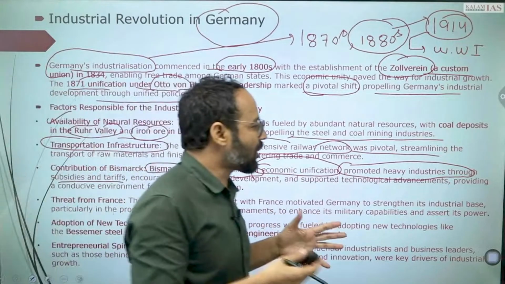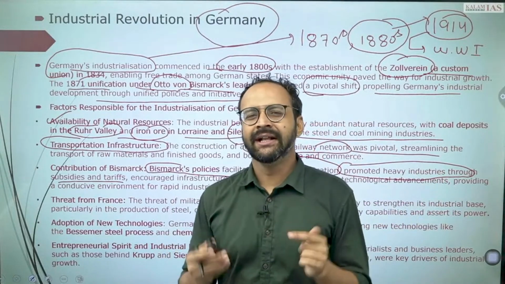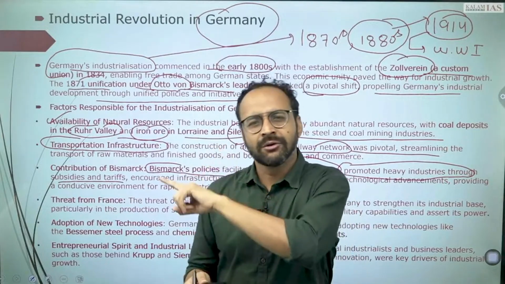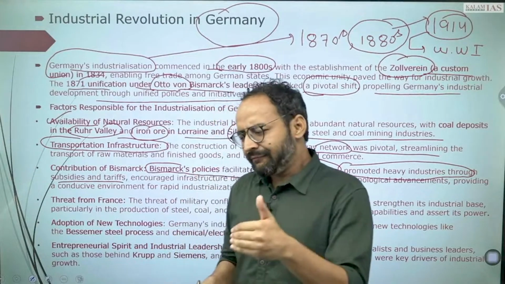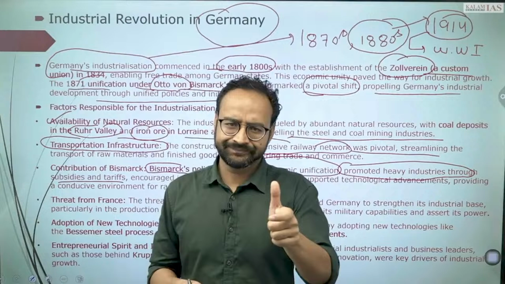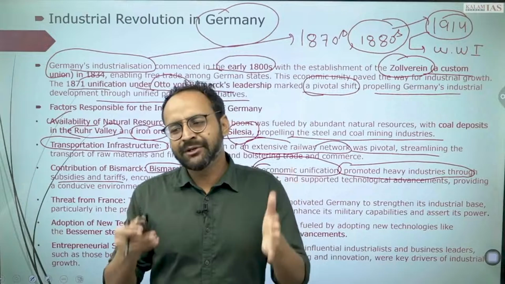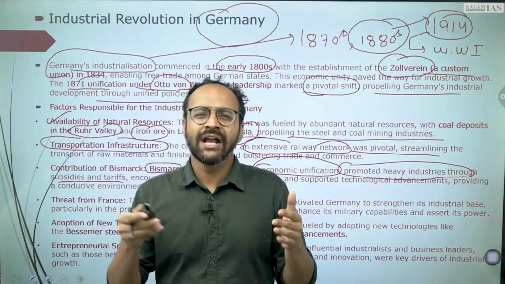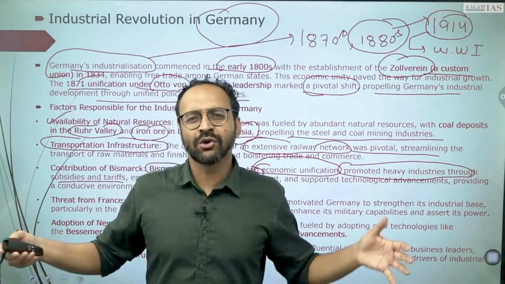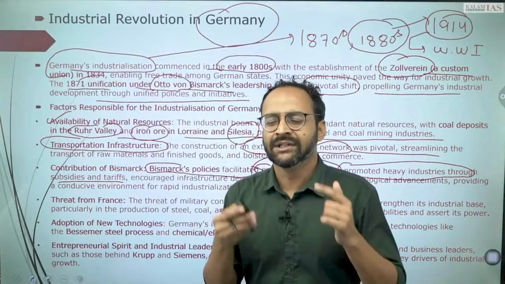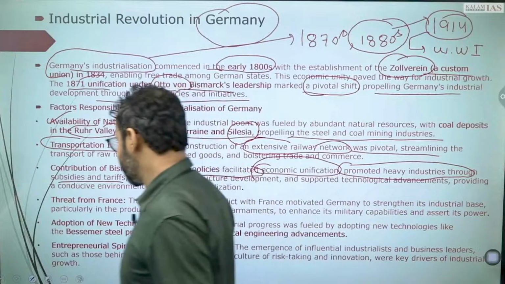So when we talk about these things, there is no fact which is isolated. Every fact is associated with another. German unification is also associated with German industrialization. The French Revolution is also associated with the rise of Napoleon, and British industrialization is also associated with the British war with the Americas and the American War of Independence. So everything is interlinked. You just have to have an idea of the chronology which is going on. That's why I'm giving you the time periods time and again.